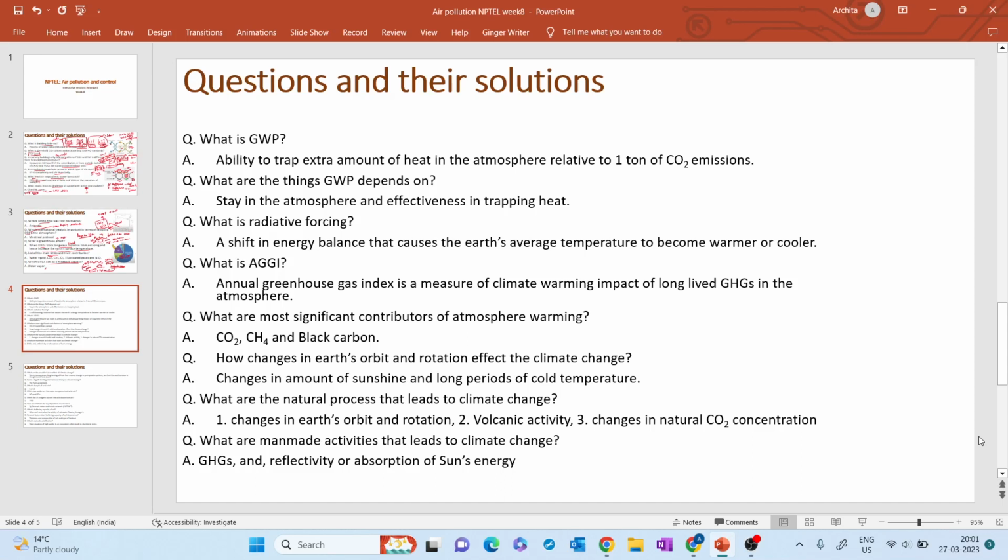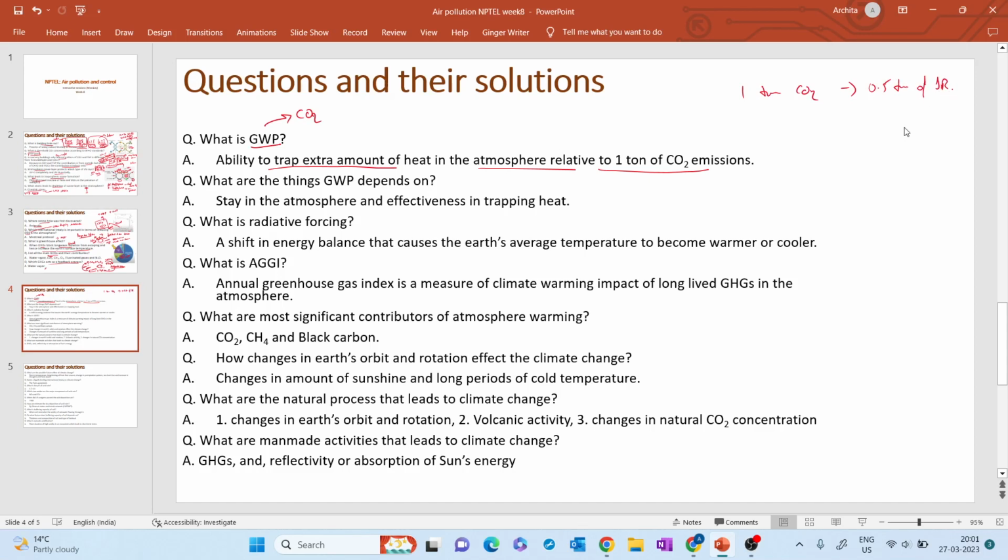Okay, now the question is, what is global warming potential? Global warming potential is always measured in terms of CO2 emission, and that is its definition: the ability to trap an extra amount of heat relative to 1 ton of CO2. It means that, let's say, 1 ton of CO2 can trap 0.5 ton of